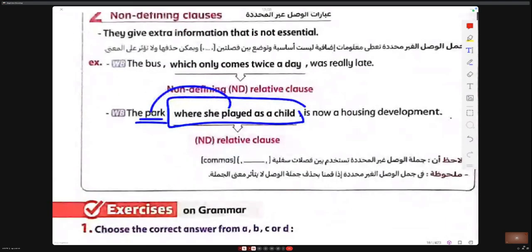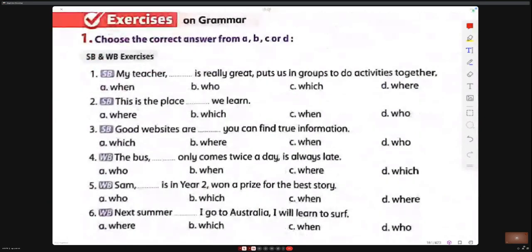My teacher, Dash, is really great. Puts us in groups to do activities together. My teacher, who.